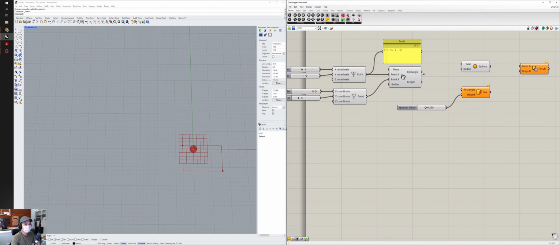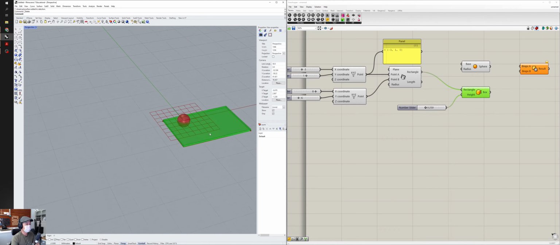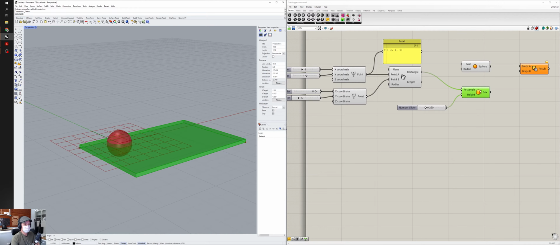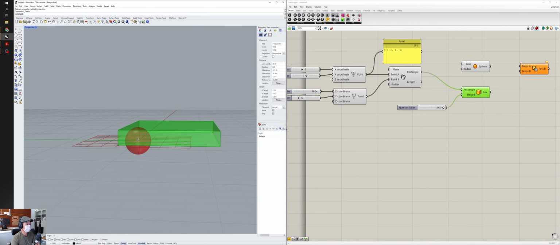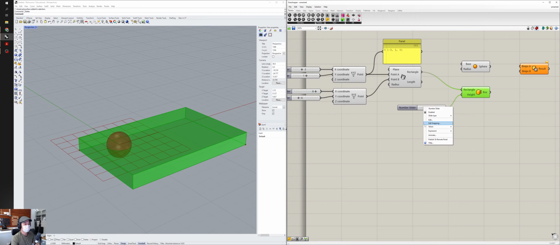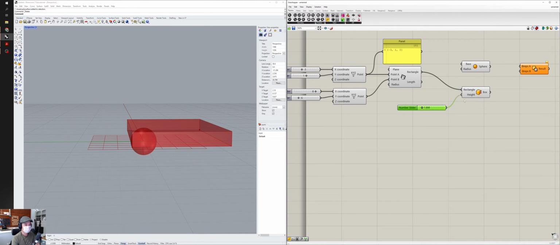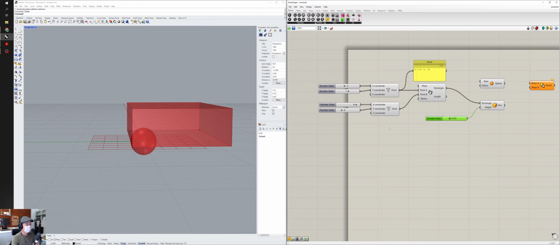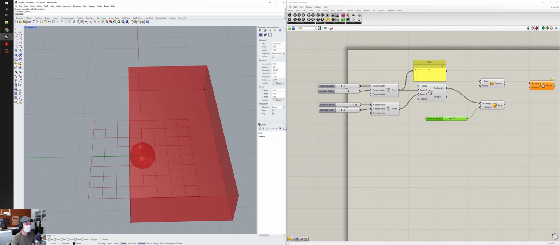So that rectangle goes to our box, right? And so now instead of just being a two-dimensional rectangle, it's being extruded in space to a certain height, defined by this slider. Right now, because it's stuck in a range from 0 to 1, I don't have the ability to make that box even big enough to cut through the size of that sphere. So I'm going to change the range on this slider that's connected to the height, and that will allow me to create boxes that are bigger and better for the task that I'm trying to do, which is essentially